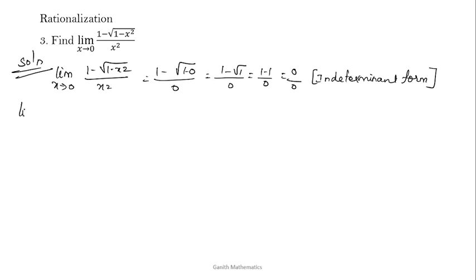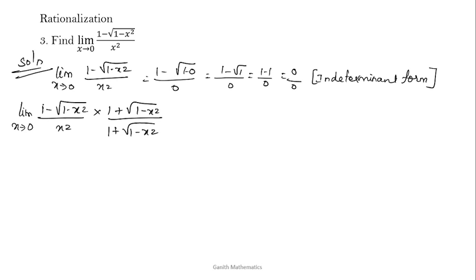So limit x tends to 0, (1 minus square root of 1 minus x square) divided by x square, into